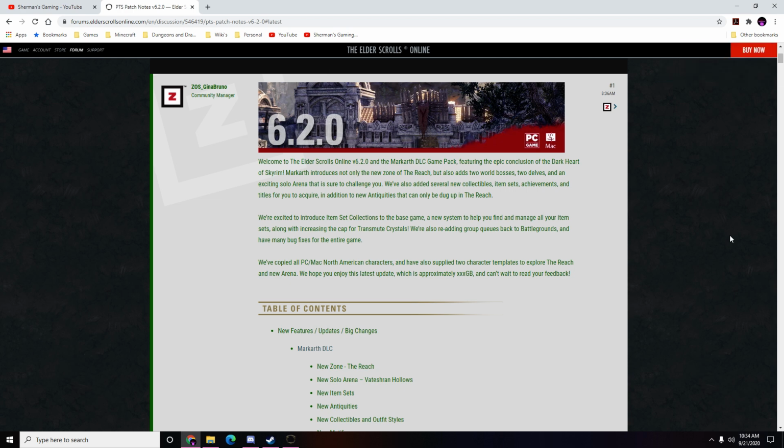Today guys, we're going to be talking about the PTS patch 6.2.0. This is going on PTS right now. It is for the new MarKarth DLC, and it is the conclusion of the Dark Heart of Skyrim stuff. So,